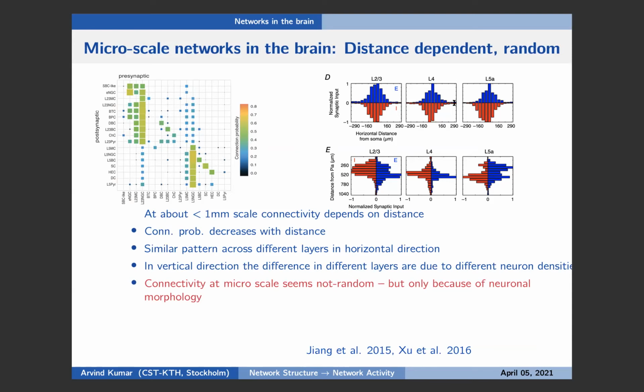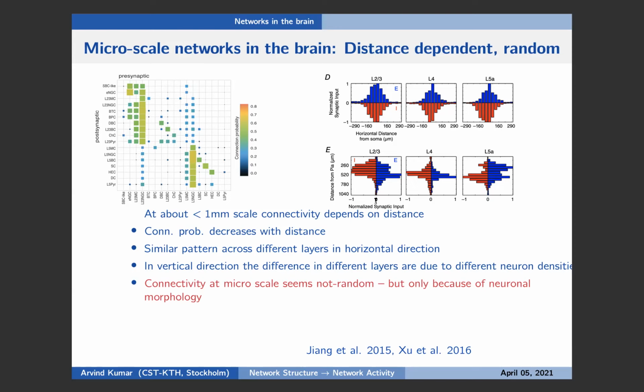Seems like in the XY plane, at least, they're pretty much balanced with some mismatches. In the z-axis, we can see more differences, but these differences partly are due to the different density of neurons in the layers. In this case, this is summary data where the neurons were not separated into different classes.